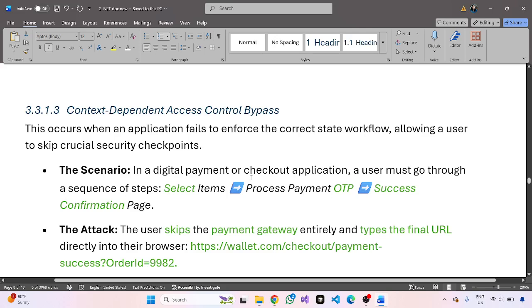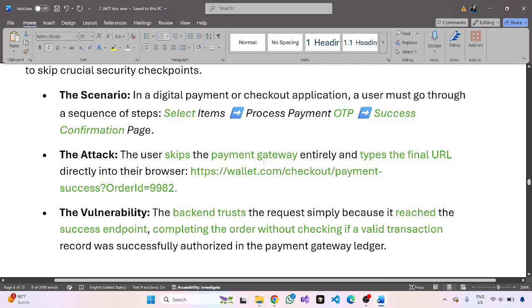In a digital payment or checkout application, a user must go through a sequence of steps: select item, process payment, OTP, success confirmation phase. The user skips the payment gateway entirely and types the final URL directly into their browser: